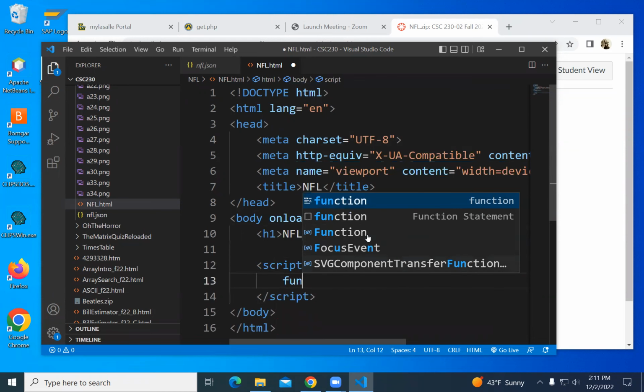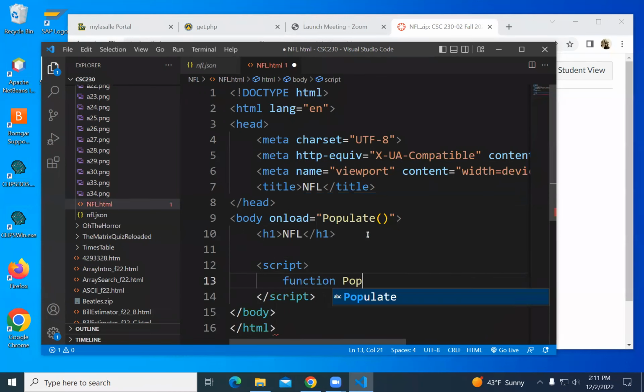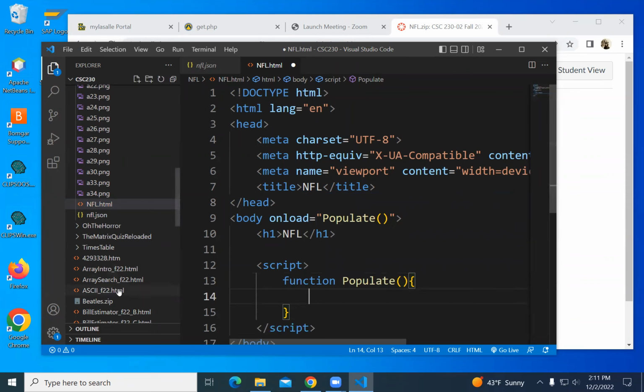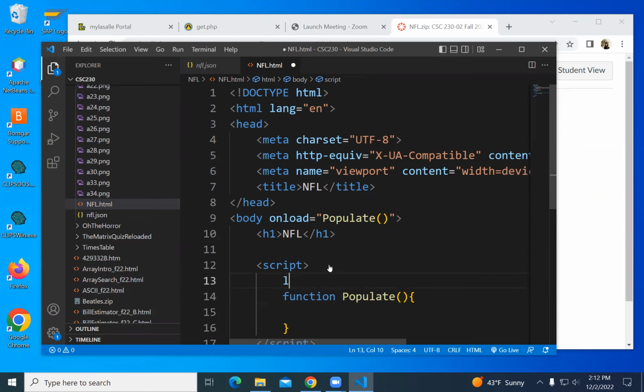I'm going to have defined the function populate there. And we're going to read that JSON file. And we're going to make an object. I'll just call it NFL.